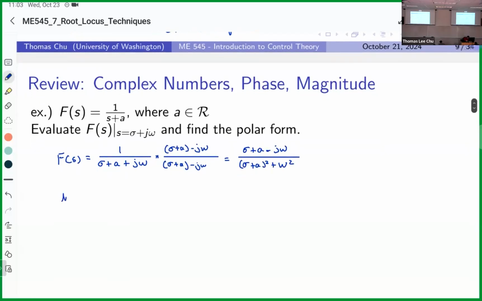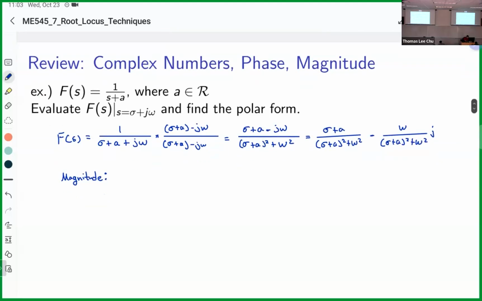Okay, so the magnitude is going to be the same. The reason why I wrote it like this is because then we can break it up into its real and imaginary components. So sigma plus a, this is the real component, over sigma plus a squared plus omega squared, minus omega times j, this is the imaginary component, over sigma plus a squared plus omega squared. So when we take the magnitude of it, it's going to be the same. It's going to be the square root of the real component squared plus the imaginary component squared, which is going to be equal to